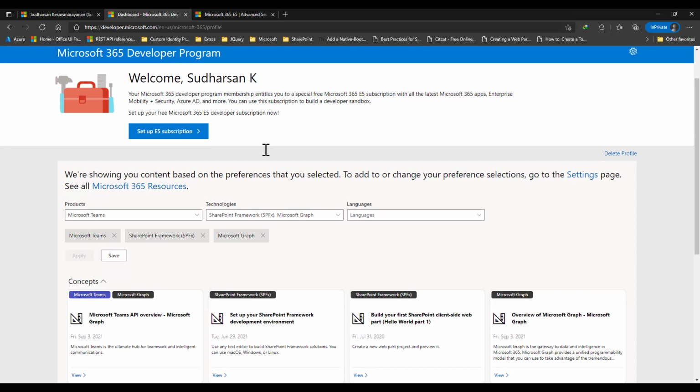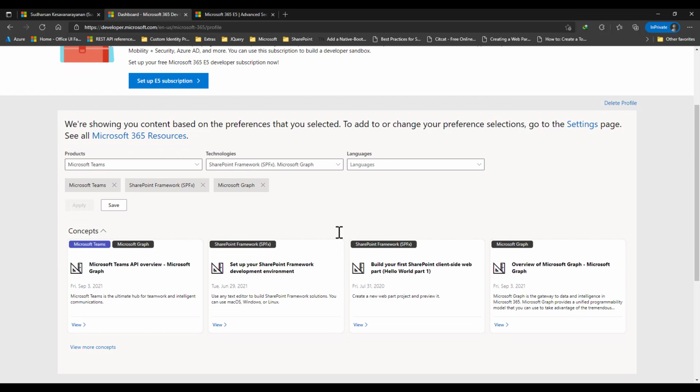So you have saved your profile. Basically the information that you have chosen, like what you would like to do and what are all the technologies you are interested in. Whenever you go to your dashboard, this we call it as a dashboard, they will automatically provide you with the learning resources, videos, and other links provided by Microsoft to help you to explore more in what you wish to do.